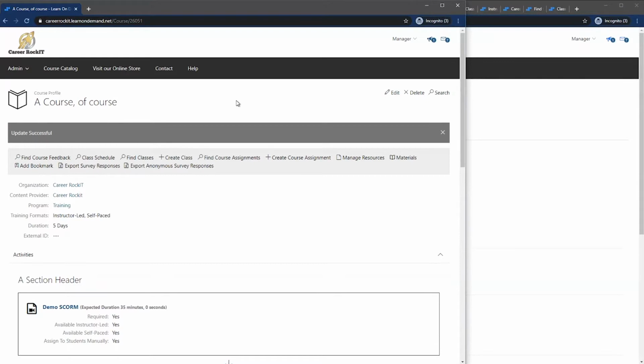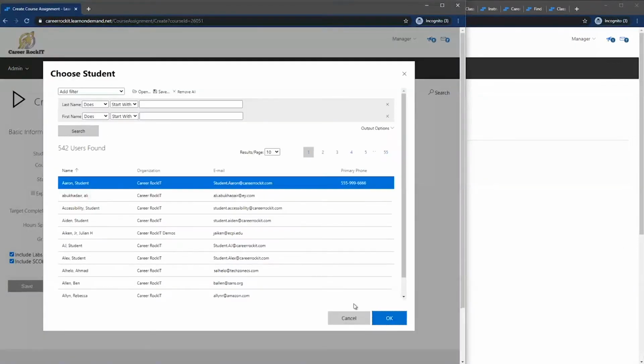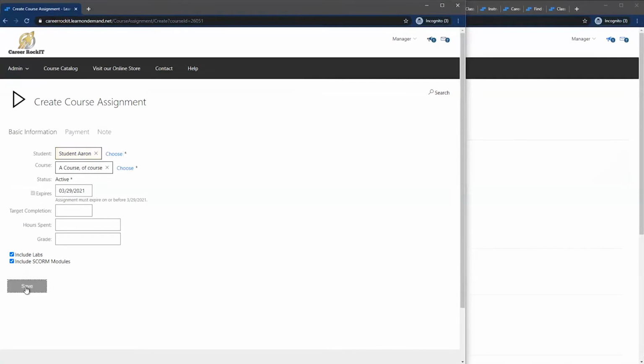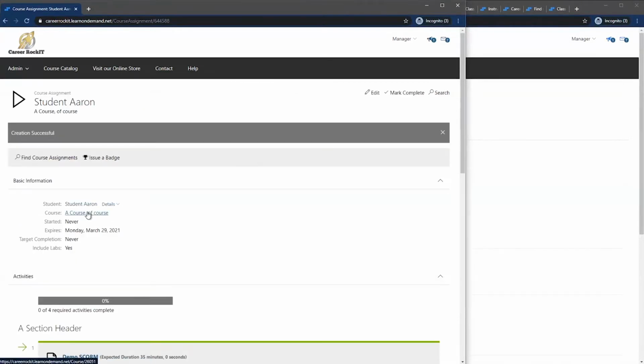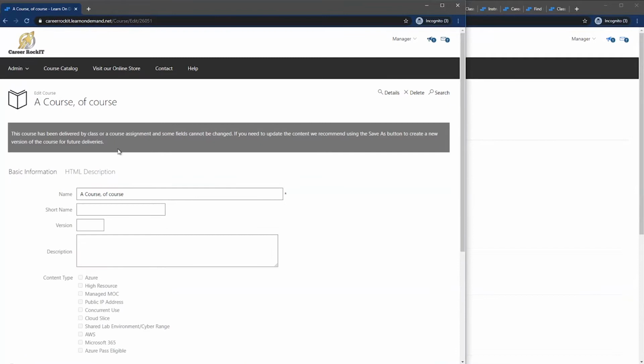the access that you have when you go back to edit a course. So once I actually go out here and do something like create a course assignment with this course, and I choose a happy student like Erin, who's at the top of the list, and I save it, I'm going to go back to that course. And when I edit, I suddenly don't have as much information that I can work with as I did a minute ago. And we've put this in place